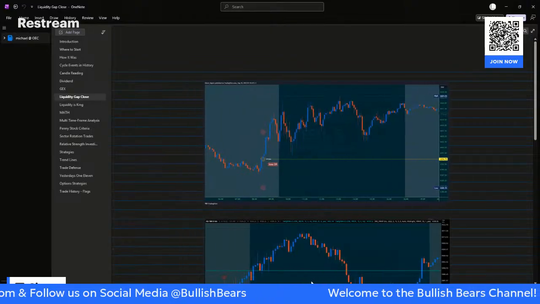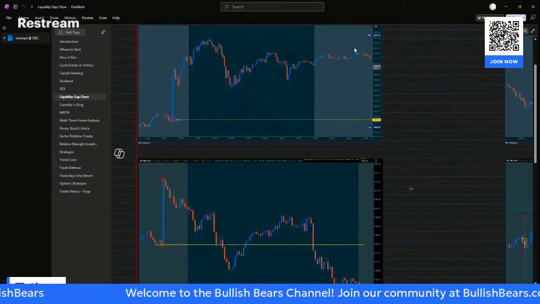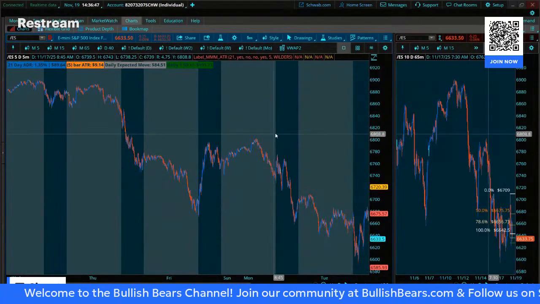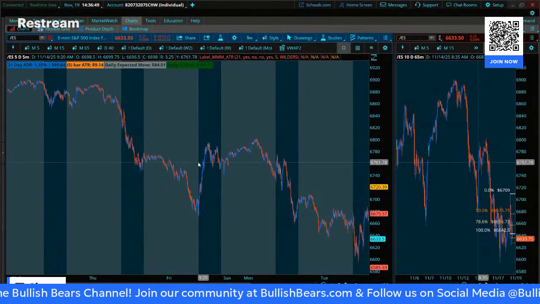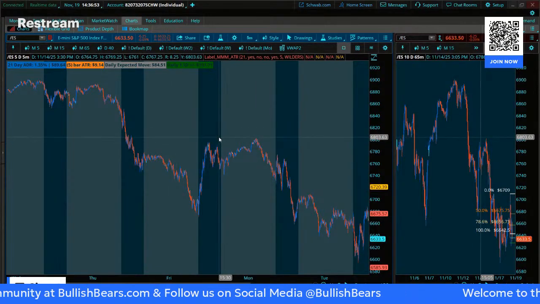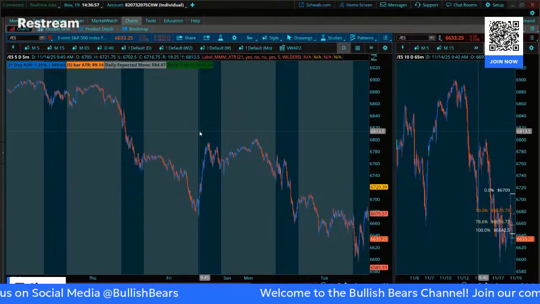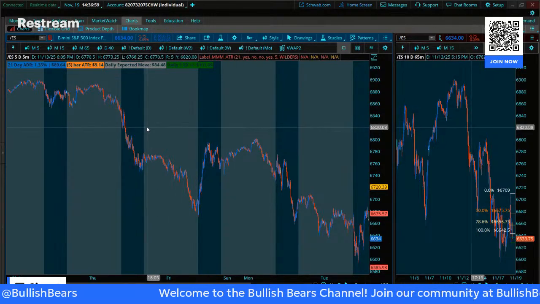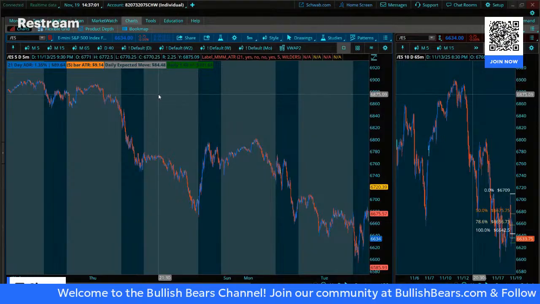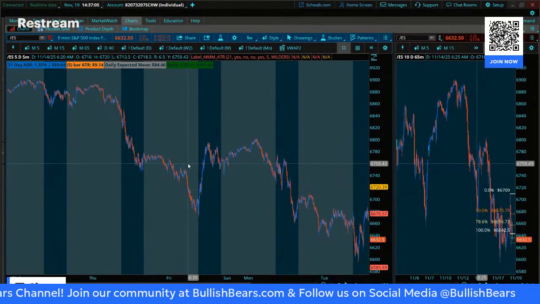So, liquidity gaps, they are fun. And adding the profile will really help, right? If you get a single bar and you have a platform like TradingView where you can use the drawing tool to put a volume profile on a single bar, then that'll help you show how that